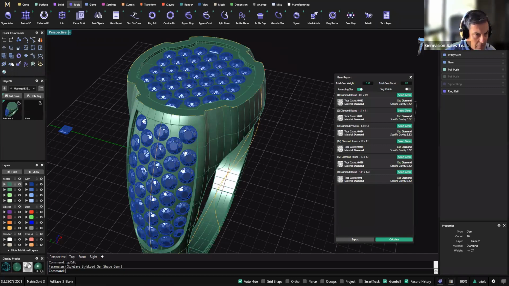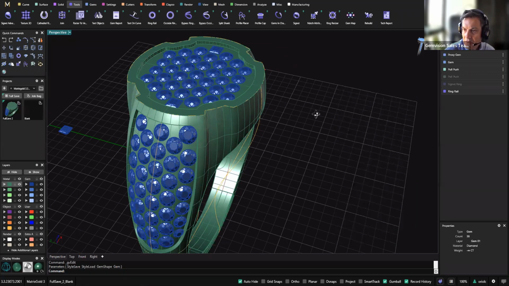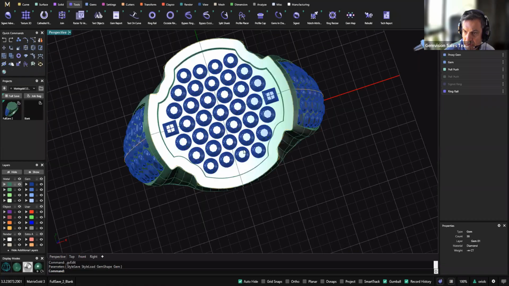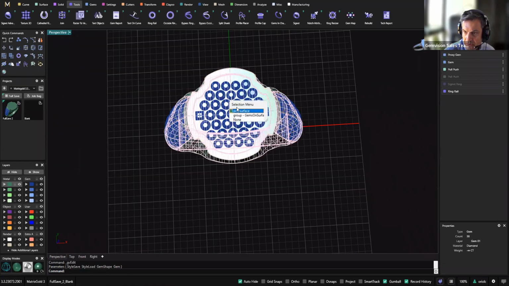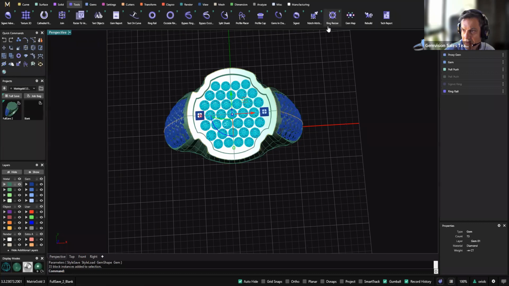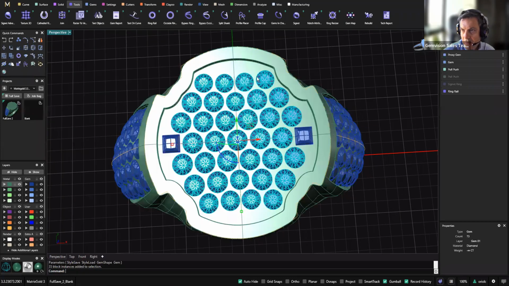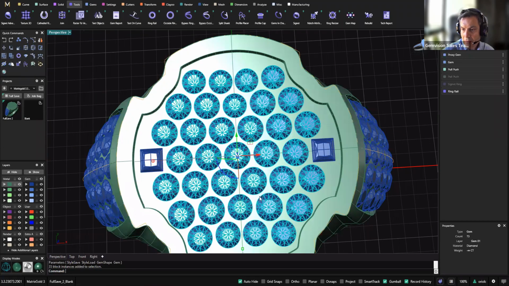There is another question about the gems: adjust the gap between gems. Once you use the gems springs, you can move all the gems, and then you can make any change that you want between all the gems that you have selected. There is an attendee asking how to change the gap between the gems. Of course, I cannot change all of them at the same time because there are different sizes. But with the gems springs that I have here,